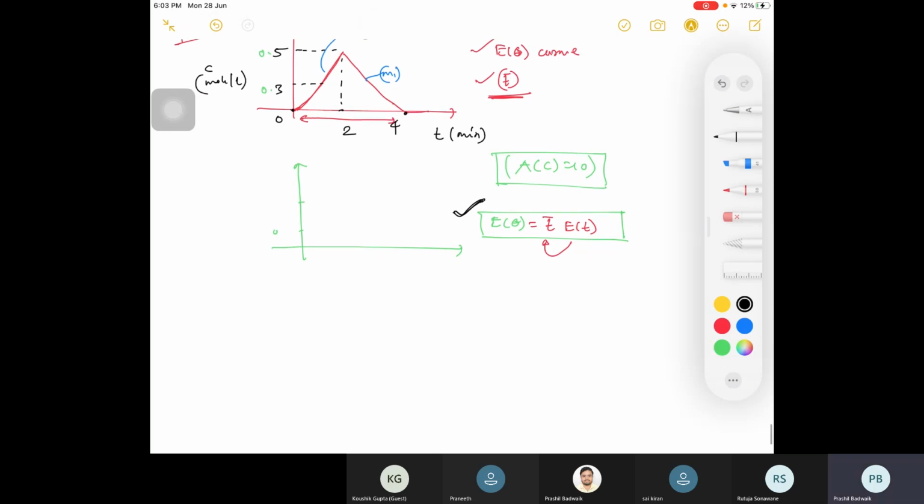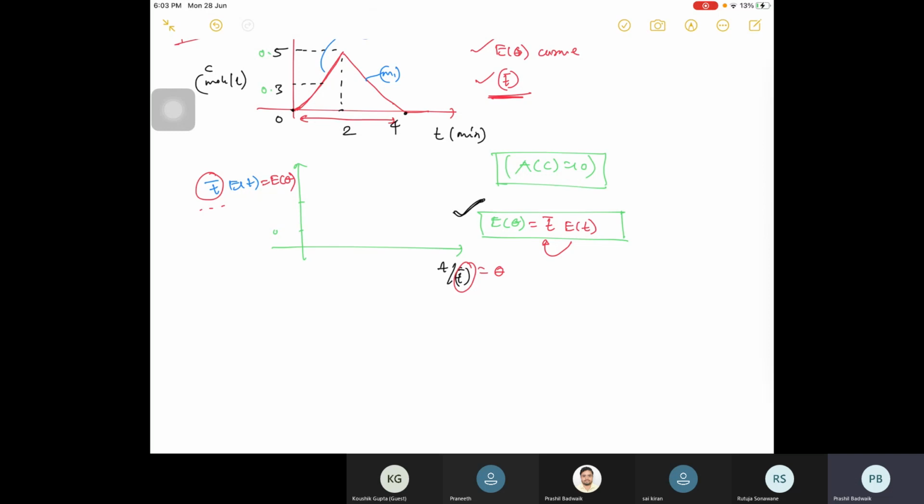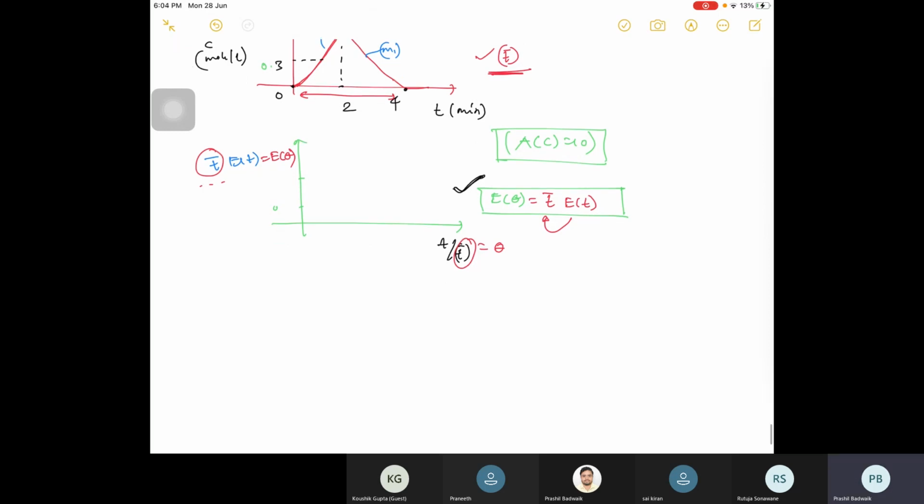right? In ET what did we do? Here it was T, we divided by T mean. So what will happen here? What will we do with ET? We will multiply by T mean. Just because here we have divided, so we will multiply here by T mean, and this is equal to your E theta. So your E theta is basically your ET into T mean.